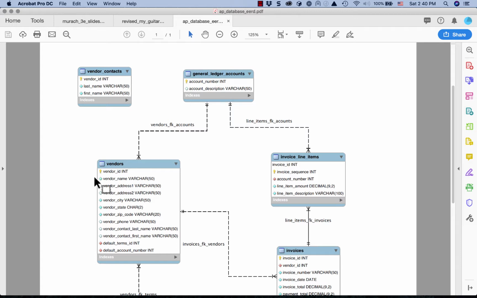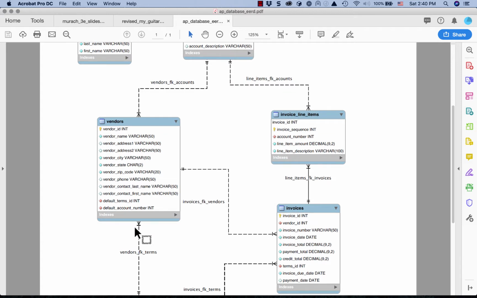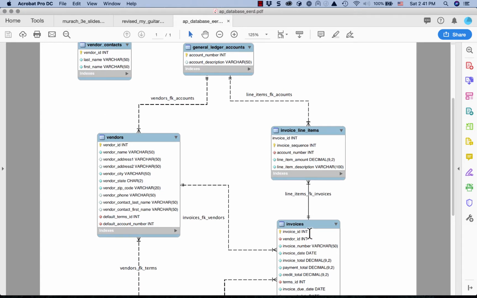Okay, so we're going to join vendors to invoices. We're going to join invoice, and then we're going to join the results of that to invoice line items, and then we're going to join the results of that to general ledger accounts. Now, what do we join on? Well, we join on the foreign keys, right? So for instance, the foreign key that makes the relationship between vendors and invoices go is this vendor ID. The foreign key that makes the relationship between invoices and invoice line items go is